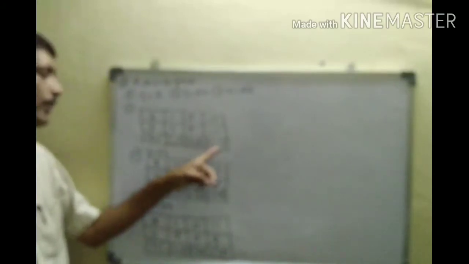Next draw the graph. First one, see y equal to x. We have to take x equal to 1, 0, minus 1. Find the y values. Y value 1, 0, minus 1. Write the ordered pairs 1 comma 1, 0 comma 0, minus 1 comma minus 1. Next y equal to 2x. Substitute x value 1, 0, minus 1. X equal to 1, 2 into 1, that is 2. Next 2 into 0, 0. 2 into minus 1, minus 2. Write the ordered pairs.